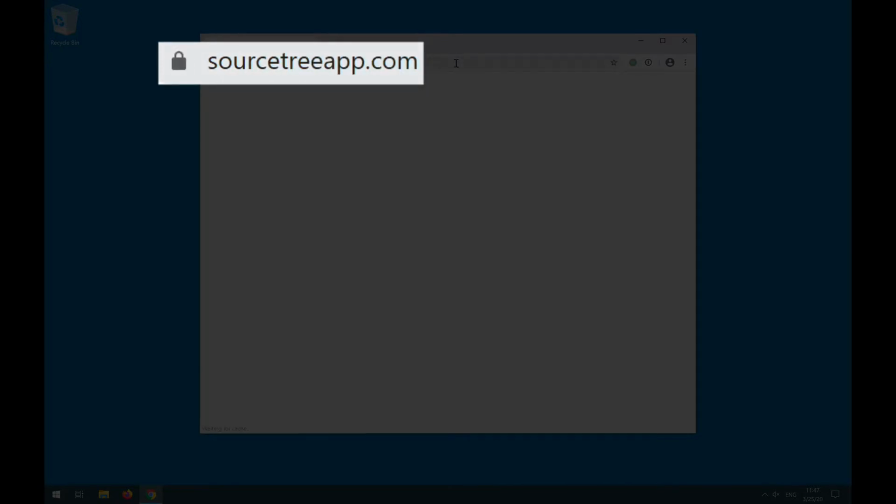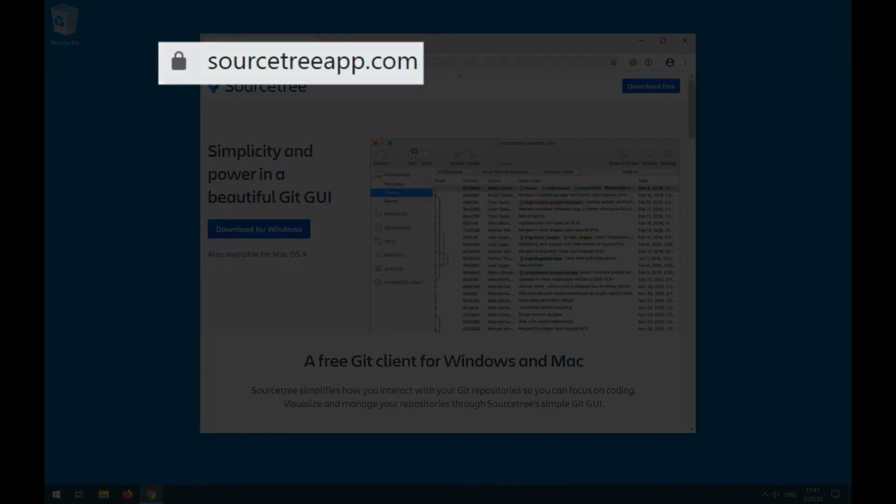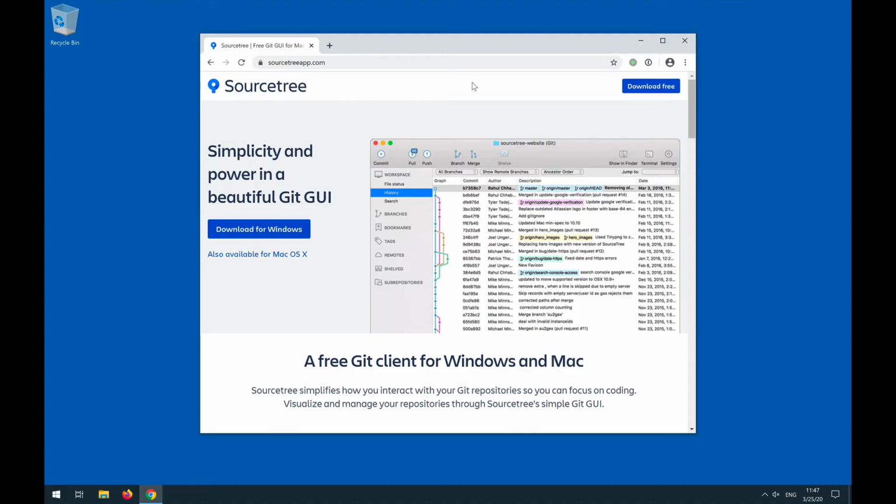sourcetreeapp.com, and you get down here. So there's no version for Linux, unfortunately, but for Windows and Mac OS, it's by far the most complete and powerful GUI frontend for Git that is out there. So let's download the Windows version,